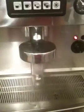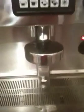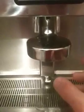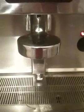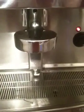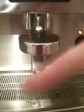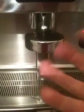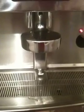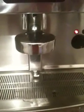So now, because the water is up to temperature in the boiler, when we hear that nasty sound, and when I say nasty sound, that's boiling water. It's been a while since I came, and basically the water's been up to temperature for quite a while, so the water that is in the coil has been sitting in the boiler. That's why the water coming out of there is boiling. It's way too hot for coffee. So what I would do is run this off,